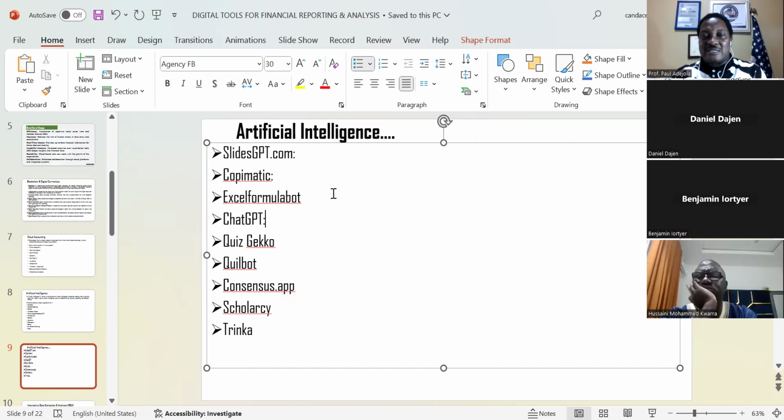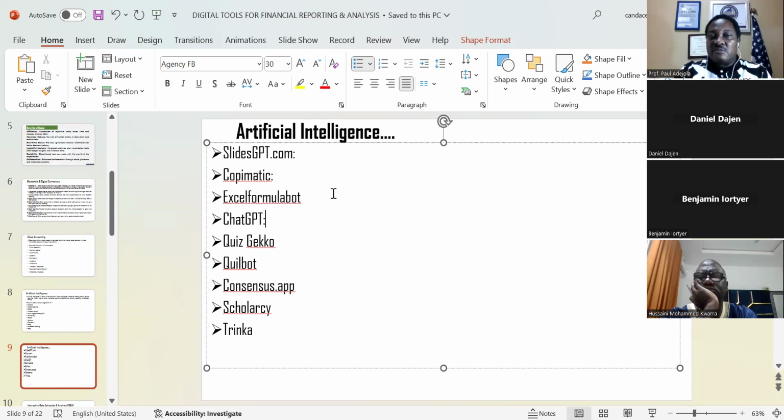Another aspect is data analysis. For example, you have a 5-year financial summary, not even 5 years, it may be 10 years. Or you even have a bulk document, maybe the whole financial report of an organization. With the feature in ChatGPT for analysis, all I need to do is import that document.